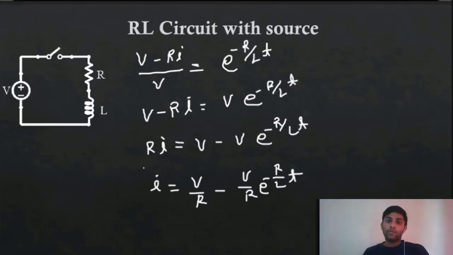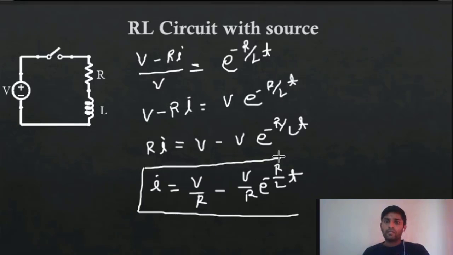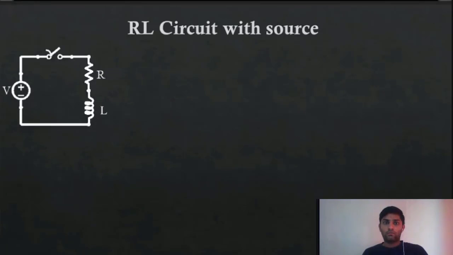So this is the complete procedure to find this response, but it seems a little lengthy, and if you are solving this problem, it will be time consuming. That's why we usually do not prefer to go this way. So again, you can take the same problem over here and start with that equation. That equation was V is equal to IR plus L di by dt.